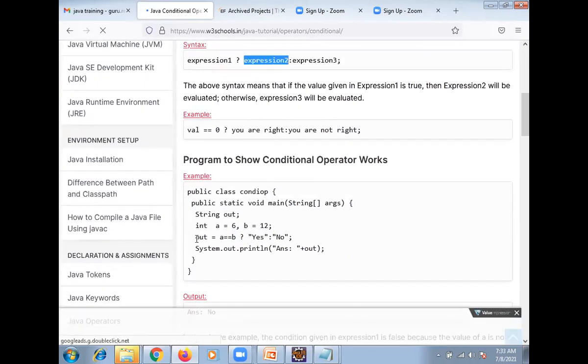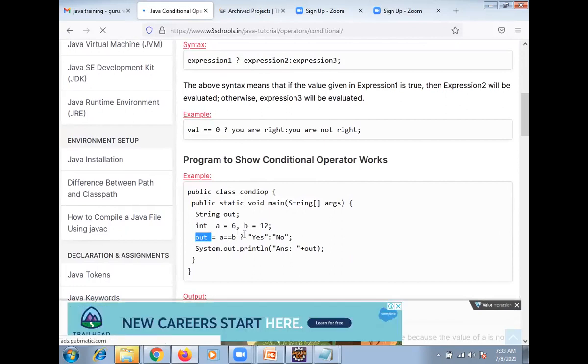Here, int A into B, there is an output parameter. A double equal to B, yes or no. So you need to write like this: string output, output A double equal to B, then yes or no.